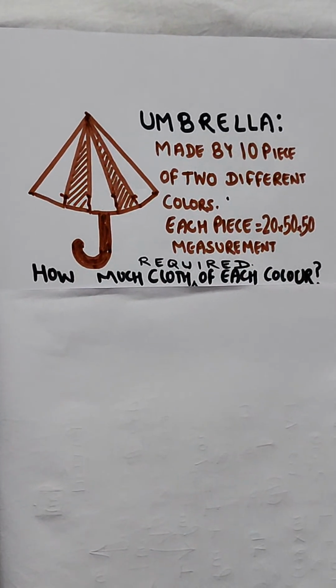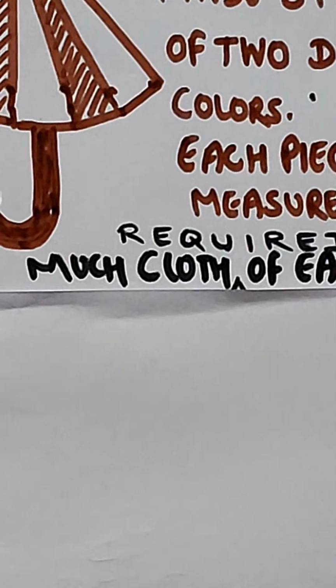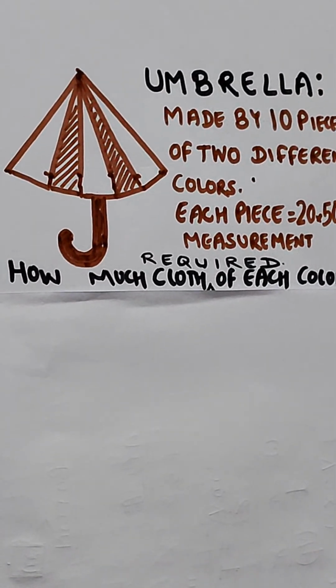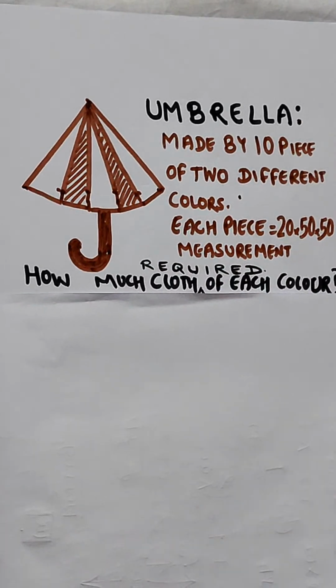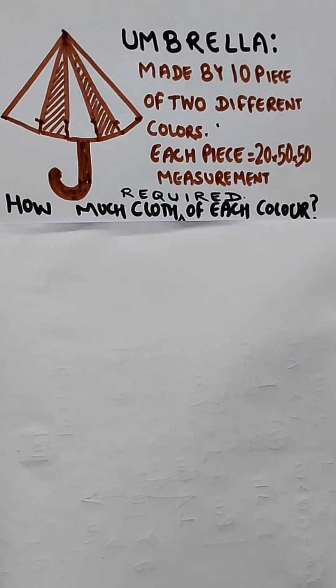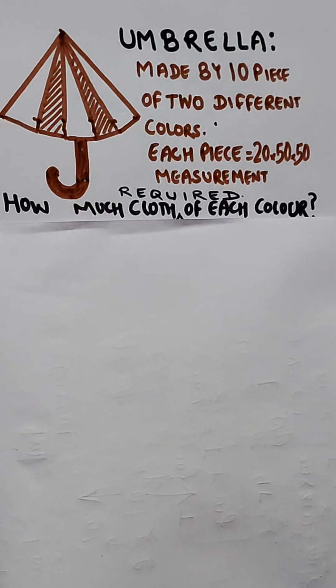Where an umbrella is given. Okay, this is the umbrella which is given. This is a umbrella which is given to you. Now we need to find, the question is that